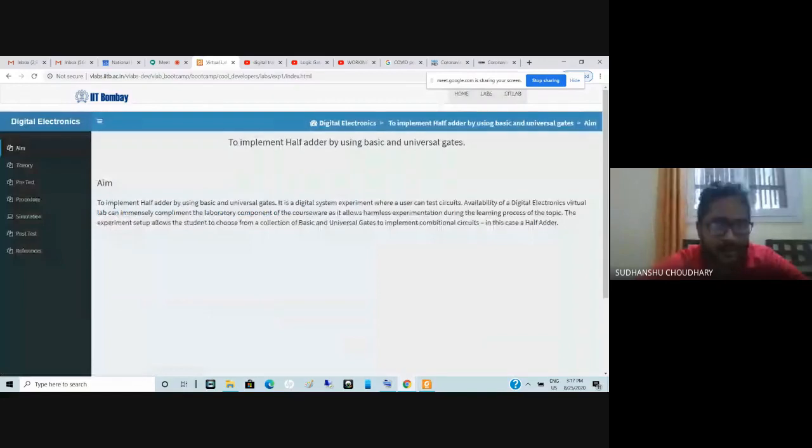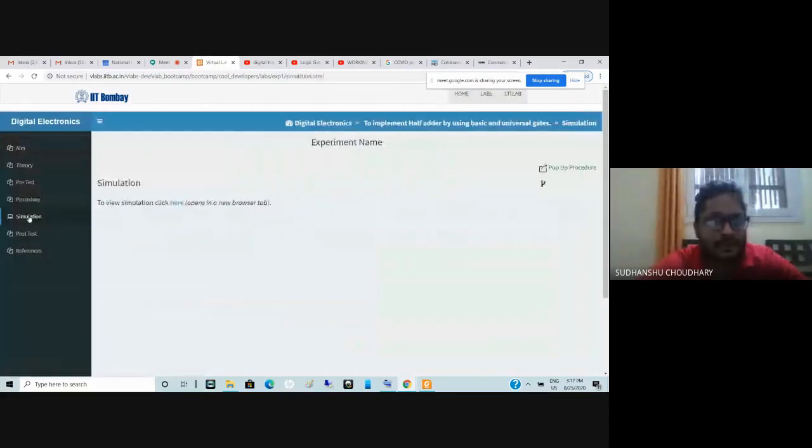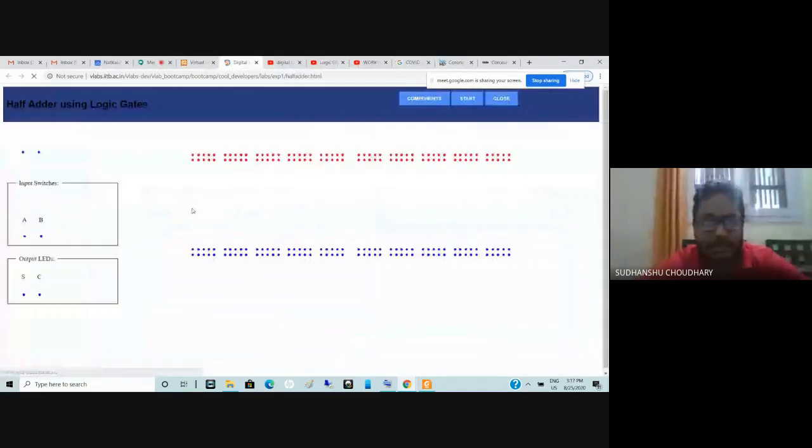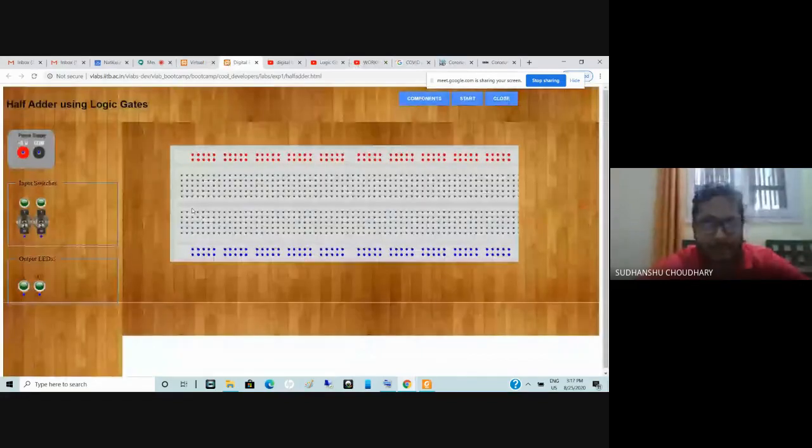I go into this and then I click this simulation. Yeah? So this is the virtual lab which is present on the IIT Bombay's website. So I'll encourage you to use this because our application is also based on creating digital logic circuits and verifying them using these breadboards, right? So here you will find a breadboard is provided to you similar to what you will see in the lab. So again, you will see that these red holes have horizontal connection, as I said. So these are for connecting the power lines, and the blue lines here at the bottom have horizontal connection, as I said. So these will be used to connect ground of your ICs.